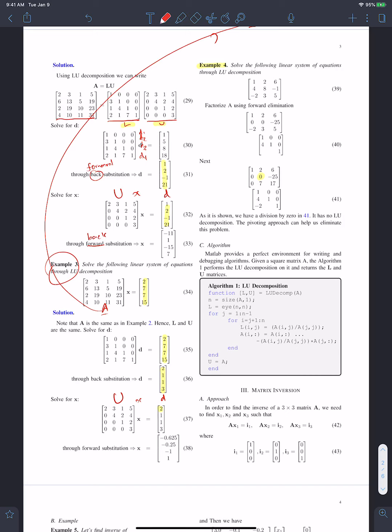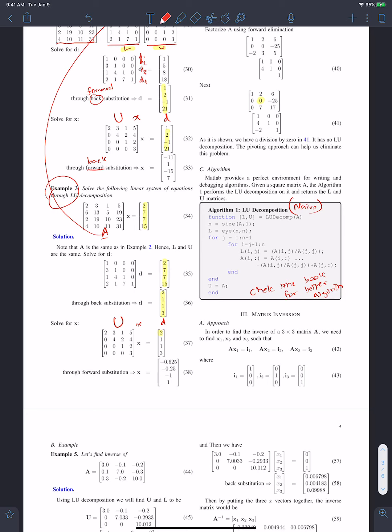This is the naive algorithm. That is, it does not take into consideration pivoting and scaling. I would suggest checking the book for a better algorithm. You would need to improve this algorithm to include pivoting and scaling. That way it will be better. So that's an algorithm. I'm not sure if this will be in the labs, but at least I want to